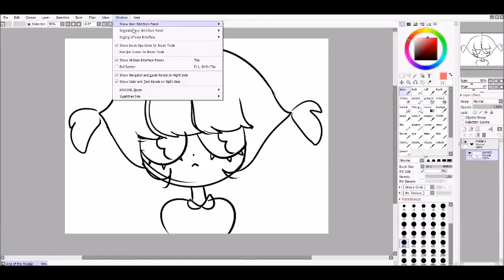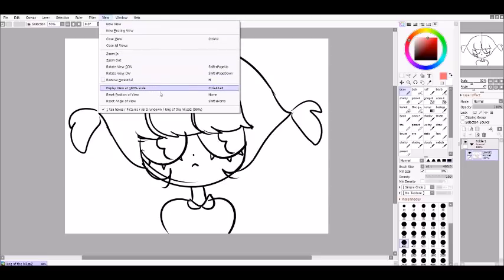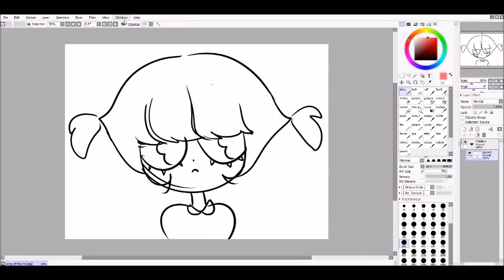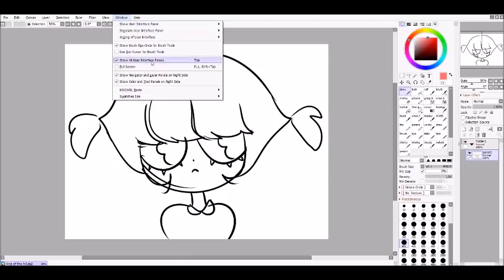So after filter, we have view. With view, this just allows you to change the settings the way this does. After view, we have window, which allows you to change the mode, it seems, and the way Sci looks to you when you use it. So,